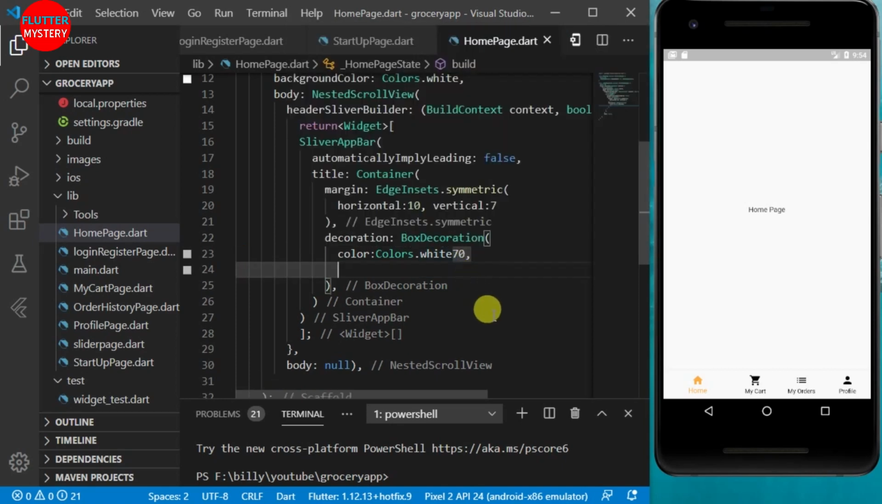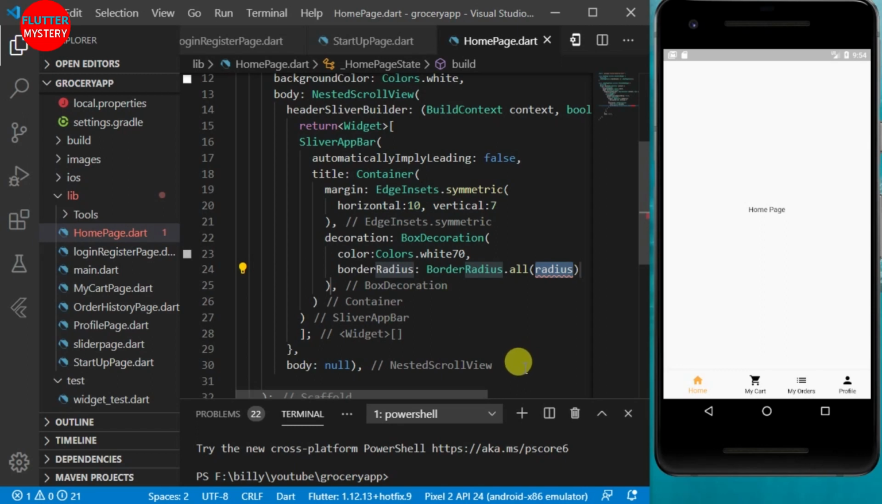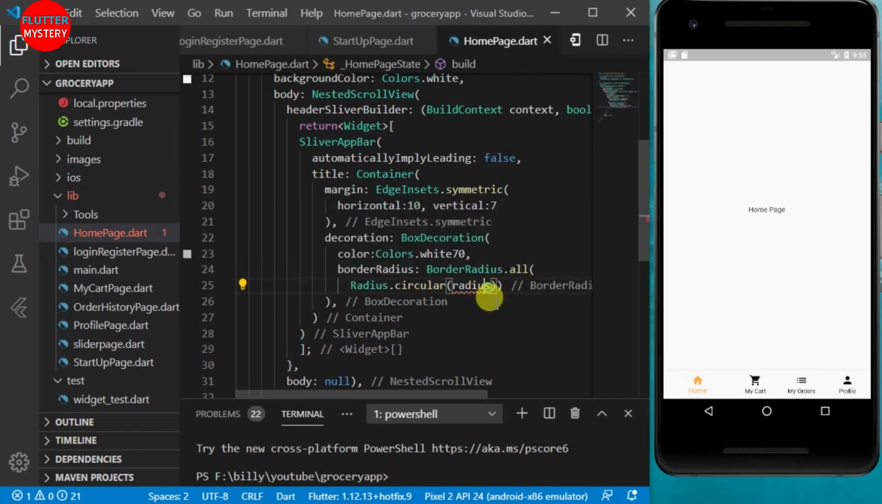And then we say our border radius is going to be BorderRadius.all, like this, and the Radius.circular is going to be, let me break it down, 22. What we are doing now is